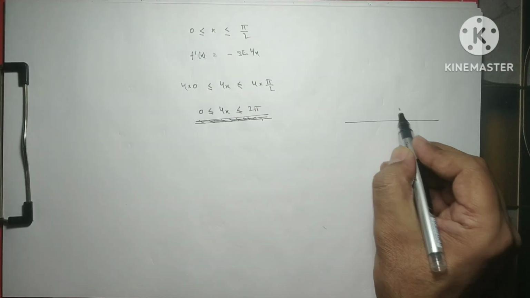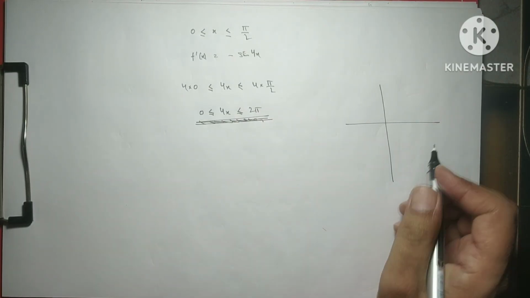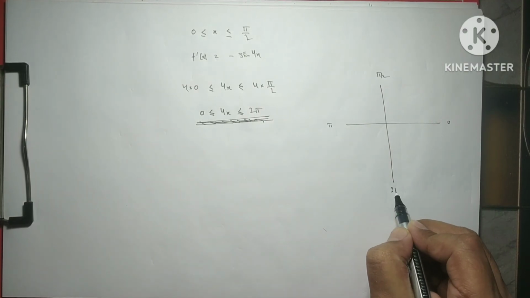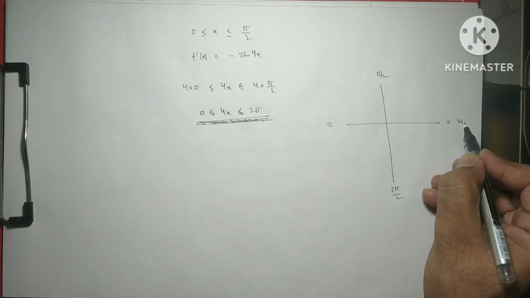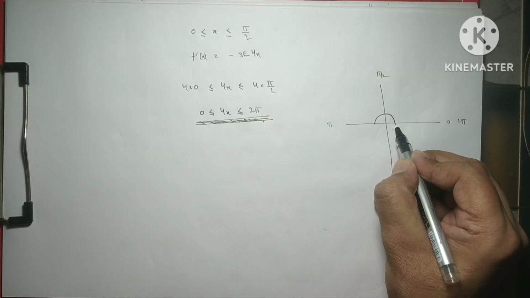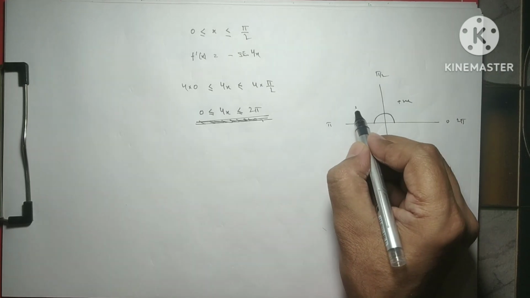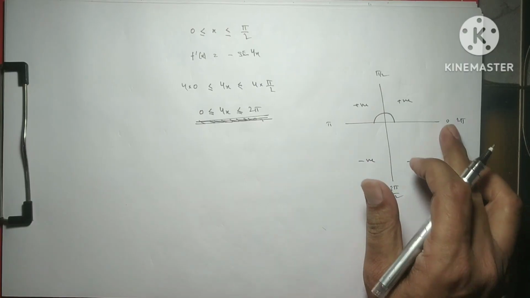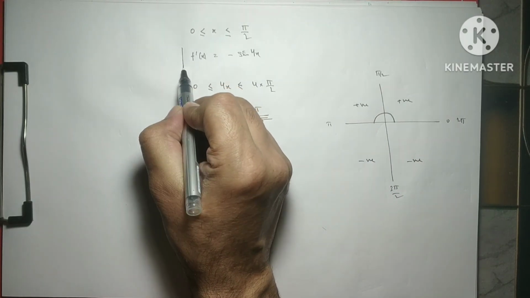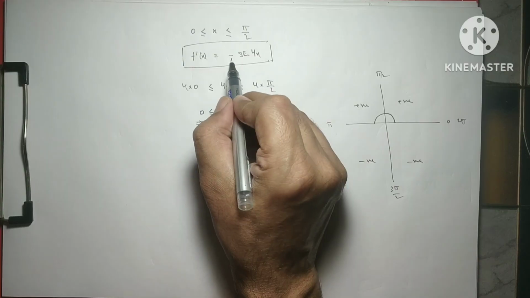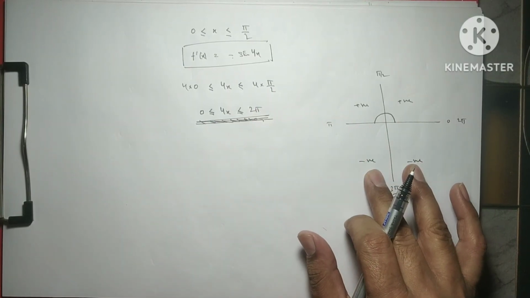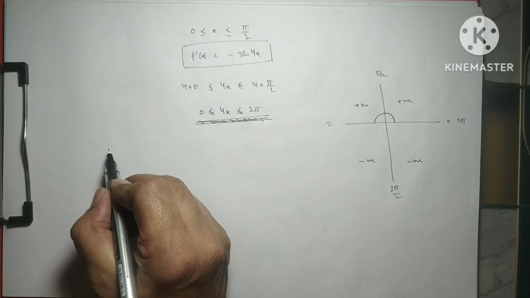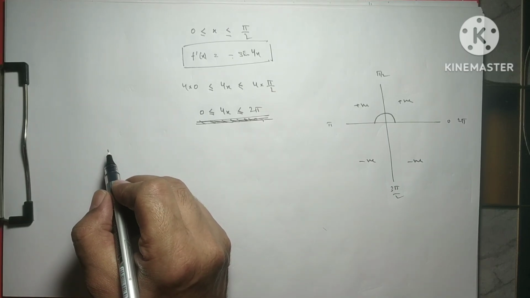So according to trigonometry, 0, pi by 2, pi, 3 pi by 2 and 2 pi, and sine is positive on these and negative on these, pi to 2 pi. But the catch is this: we have f dash x with a negative sign, so these signs will be inverted. Like we will collect the subinterval at which the function is increasing.